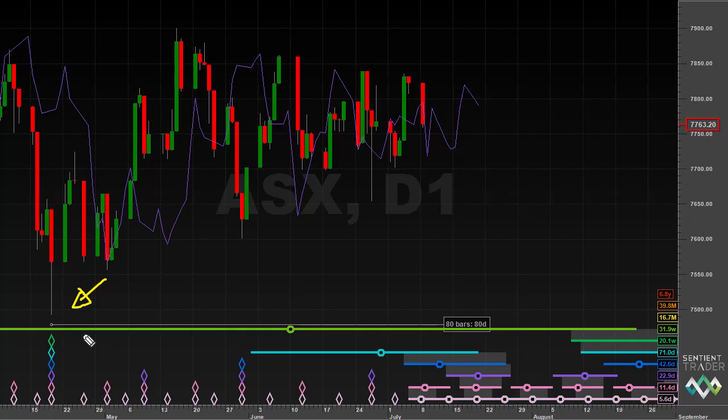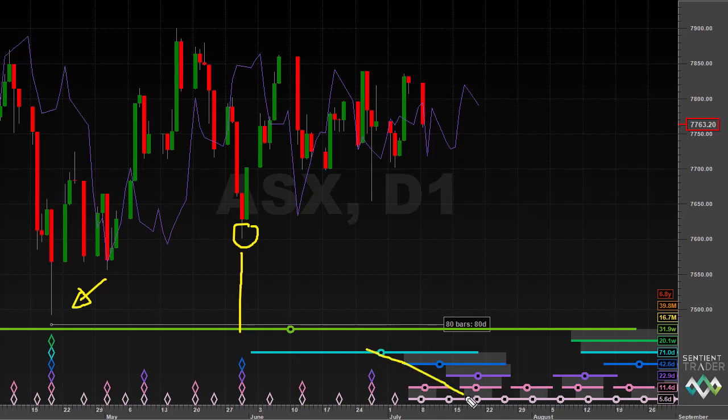Generally speaking, because of the principle of commonality, if an 18-month cycle trough formed in the US markets, we would expect an 18-month cycle trough also to have formed in the Australian market, even though it is on the other side of the world. Generally speaking, these big cycle troughs tend to form at the same time. So what has been happening to the Australian market? Well, here is the analysis, and as you can see, we had our 40-day cycle trough over here in the last few days of May.